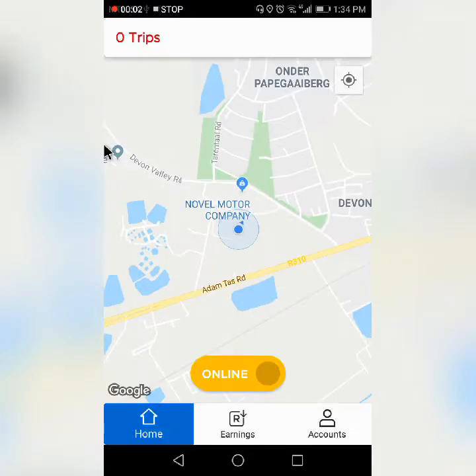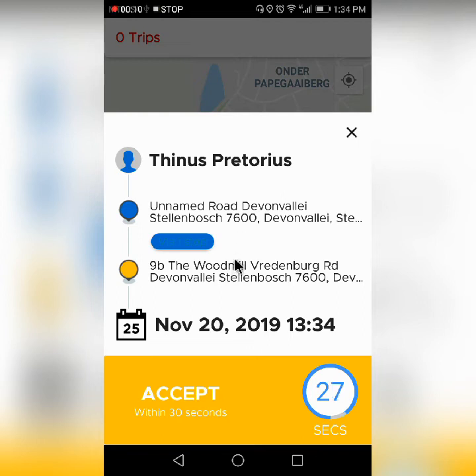Hi, I'm quickly going to show a quick briefing of the MzansiGo Partner App. You'll see that this client is currently online. When an on-demand booking is received, it will ring like this. Simply click on Accept. You'll be able to see the pickup address, the stop, and the delivery address, as well